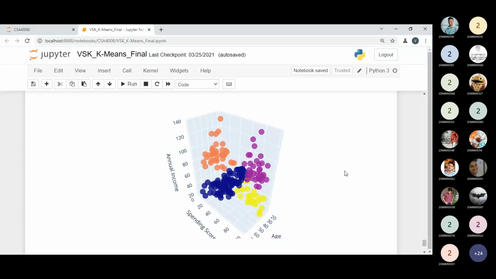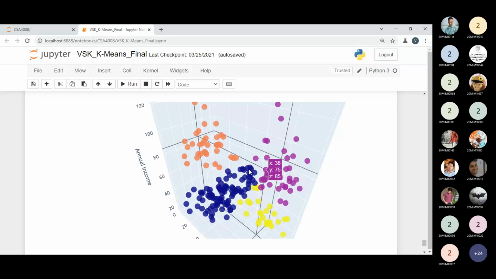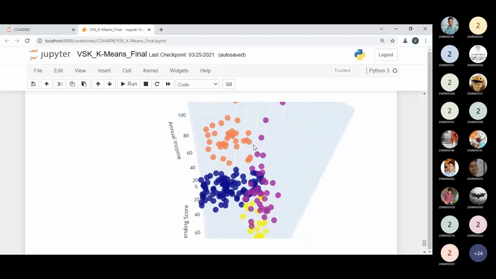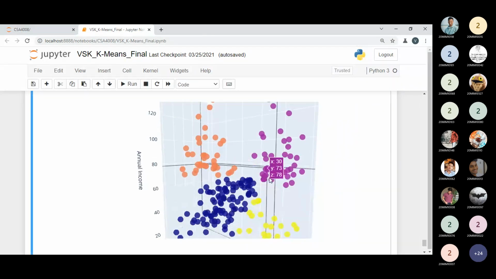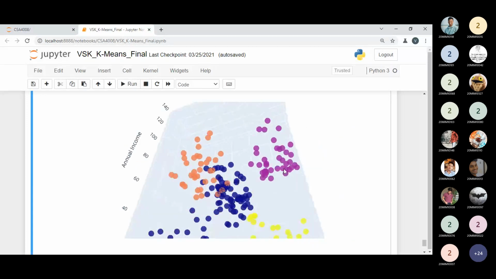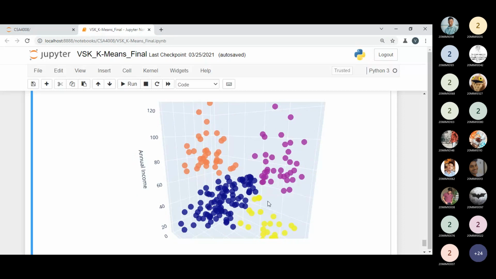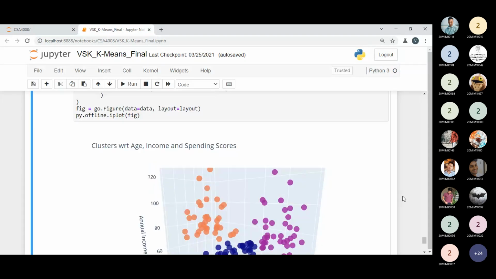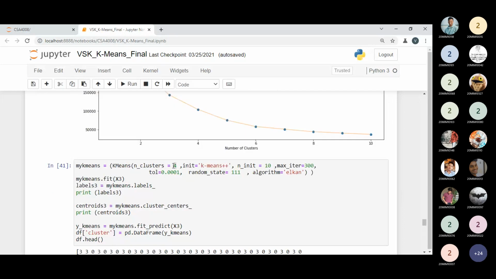Yes. Okay, I'm just zooming it, and look, I'm moving in any direction. Are you able to see? I'm able to move in any direction. In this graph, how many colors of dots can you see? 4 colors. Okay, so we have a red color, a purple color, a dark blue color, and a yellow color. So if you choose only the 4 here, then you have 4 colors.